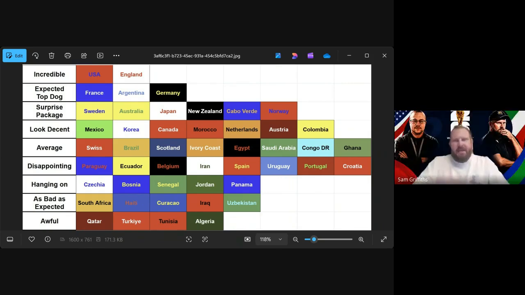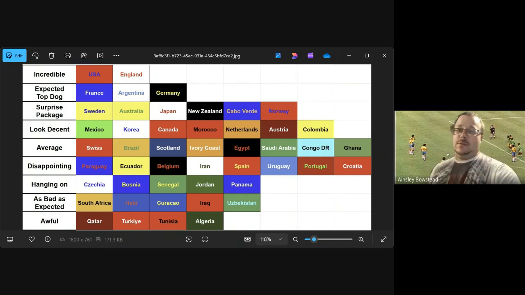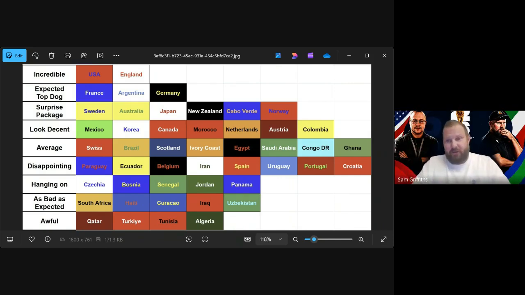Yeah, the only thing with Bosnia is they've got to play Qatar next. So we will see one of them in the last 32, unless they draw, which would be the best result for the entire tournament because it would get rid of both of them. But if one of them wins, they're on 4 points and they will be definitely through to the last 32. So I've put Bosnia in the hanging on category.